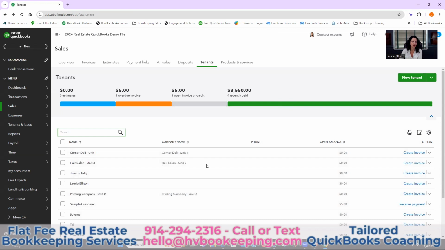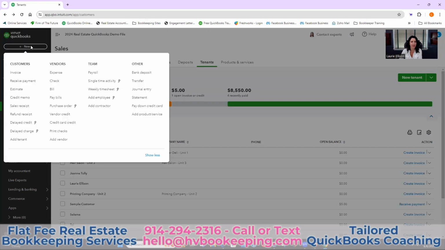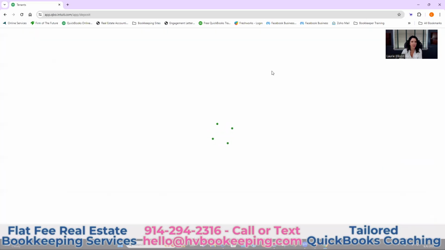Don't do that. If you're invoicing in QuickBooks, you should not be using the bank feed, in my opinion, for posting. Only post your expenses through that bank feed, because you will start posting straight into the bank feed to rental income, to the unit, and then you're going to have all kinds of money sitting in this magical place called payments to deposit. So click new, click bank deposit,